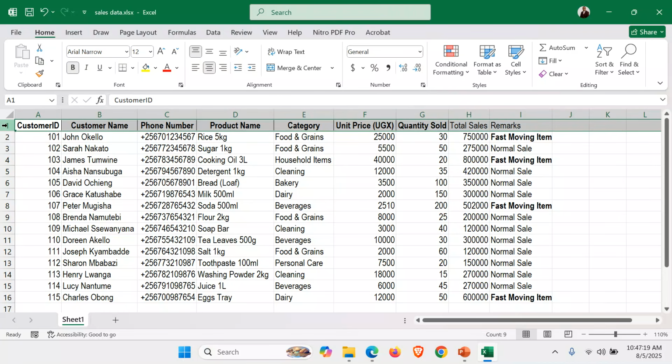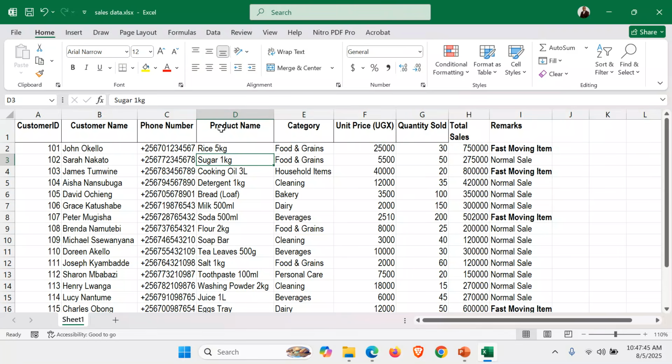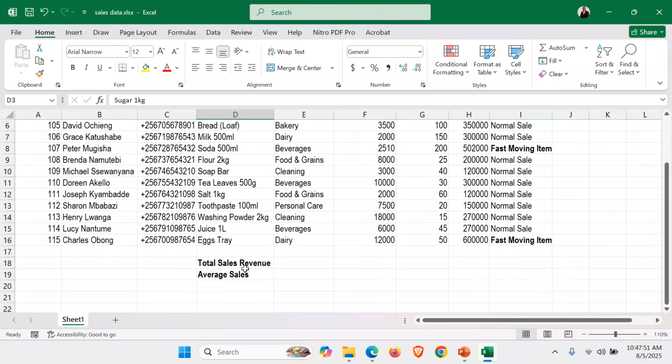So we are going to highlight this top row. We can bold the top row. We can also apply wrap text. After applying wrap text, we can choose at least where to put our content. Top centered, yes. Okay, so from here we are going to highlight our data and put grids, but before that we are